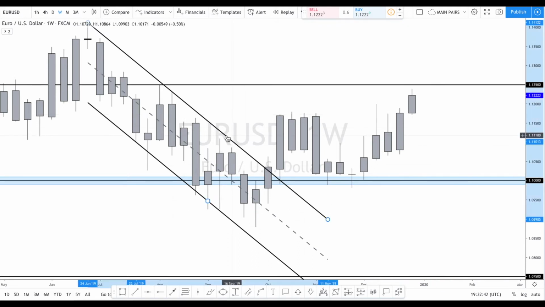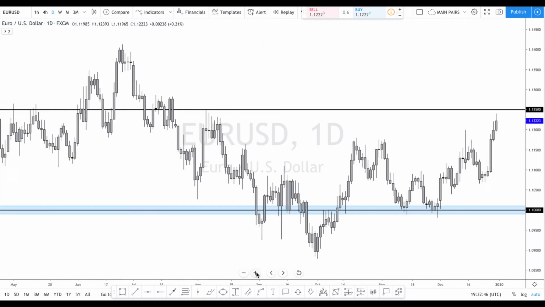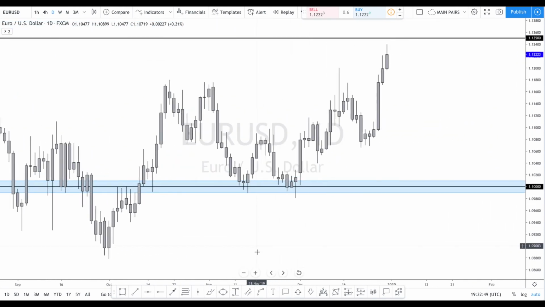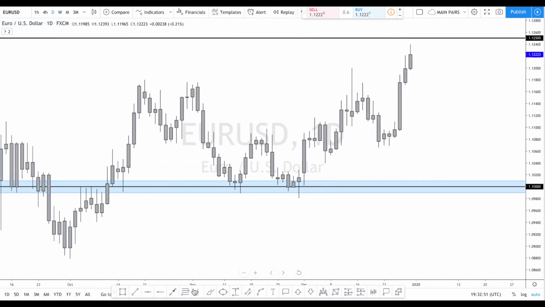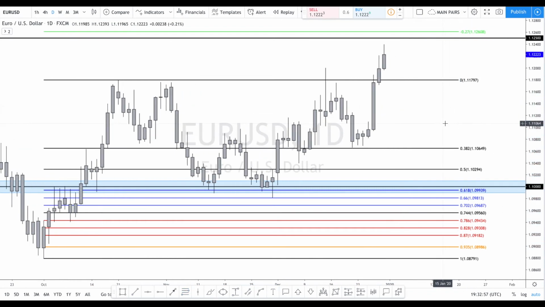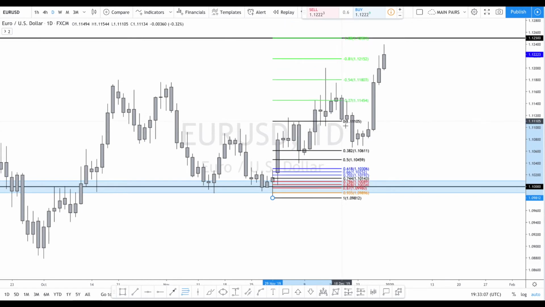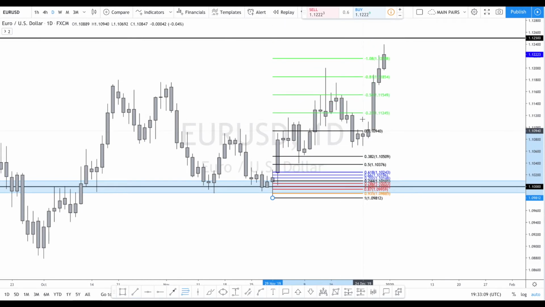When you struggle to find a place to place your fib, all you need to do is zoom out. Zoom out, zoom out. So within a move, like I said, there can be smaller moves inside a move. So this is your overall movement. You're looking for longs from 1.1 up to 1.25. So that's your bias, bullish. But now the market is trending bullish, and now you're looking for